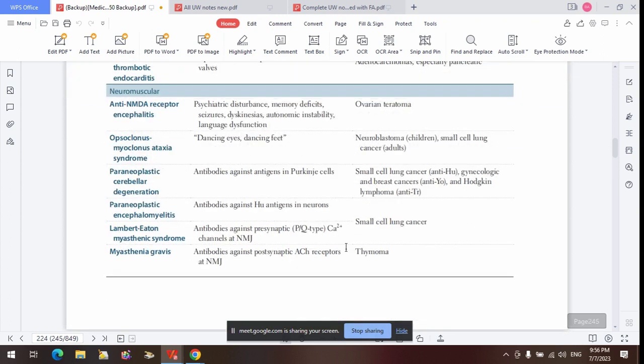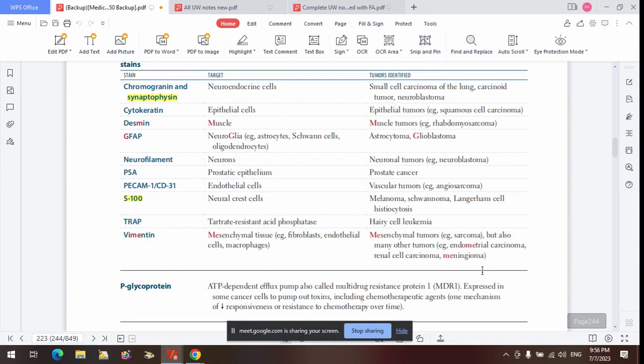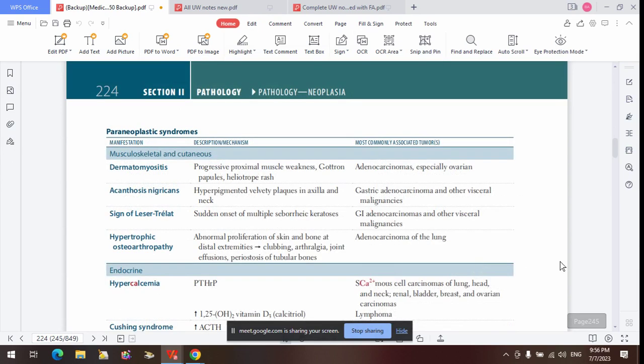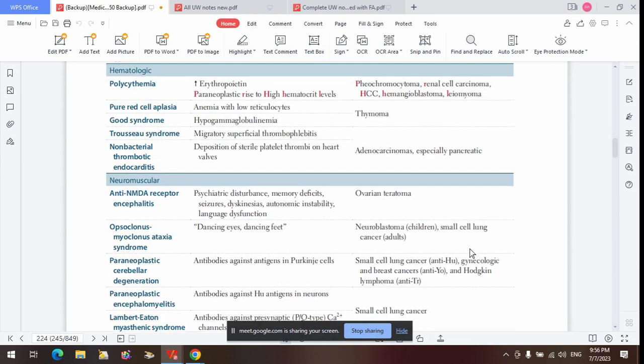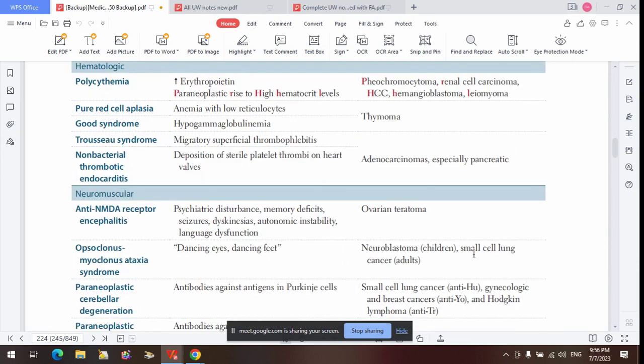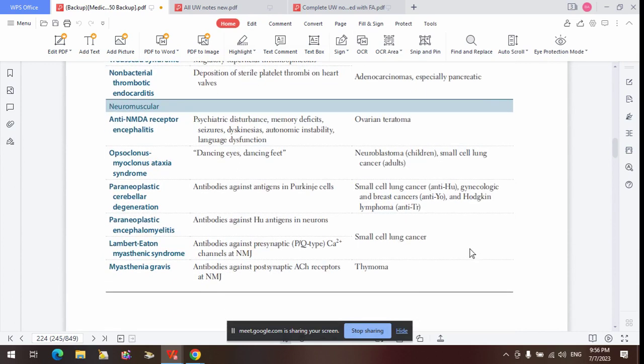So I think we are going to stop here, and then we are going to continue from here the next time. So do you have any question? I just want us to try and sit down with this and study them very well. We have to study them very well